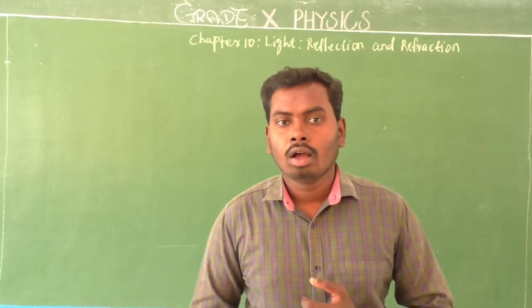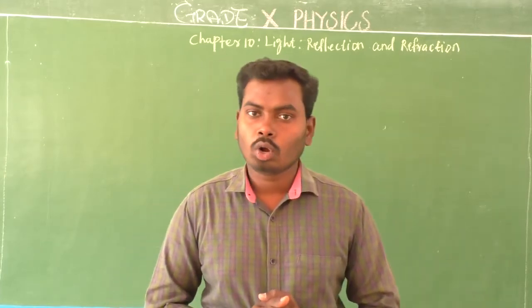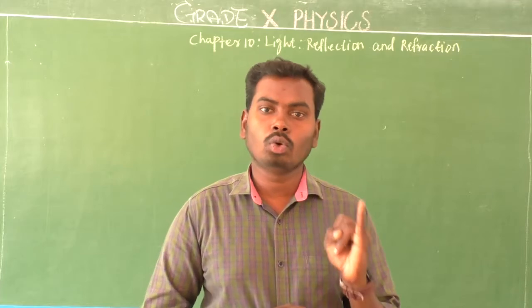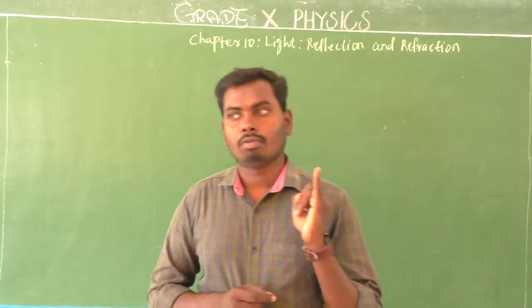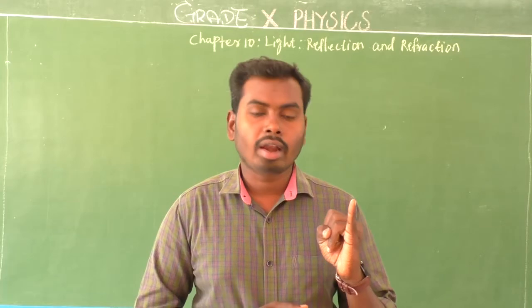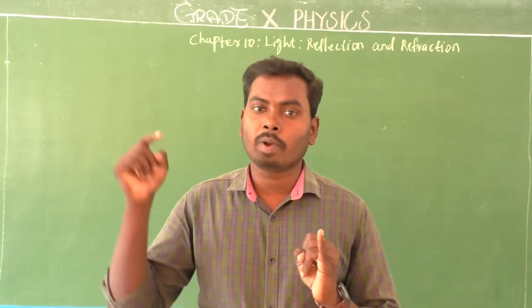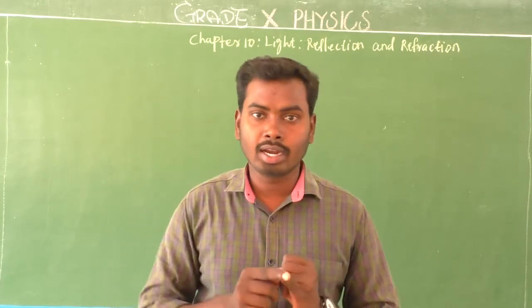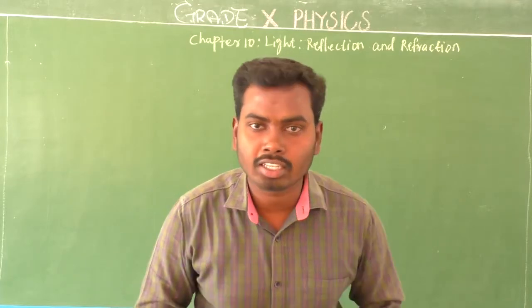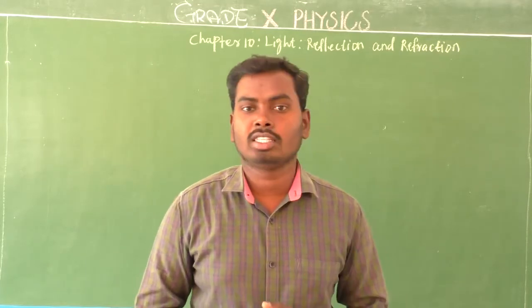Is it clear? Yes. Totally how many rules are there? Totally 3 rules are there. Am I right? Yes. First one, what is that? The first rule for obtaining images formed by concave lens: a ray of light which is parallel to the principal axis of concave lens then appears to come from its focus after refraction through it.